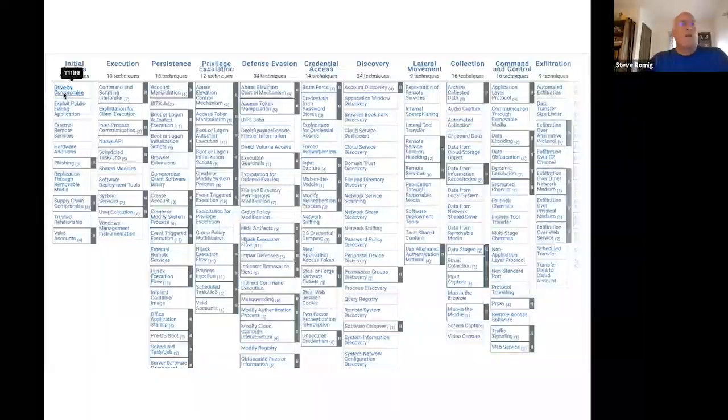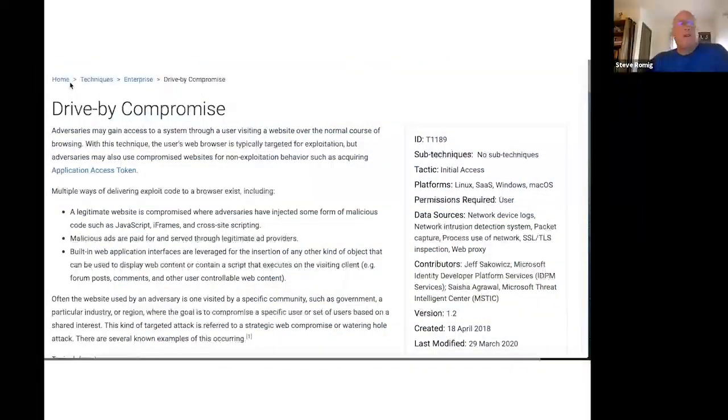If you click on a technique, you'll see details about that technique, which includes a general description of the technique. Over on the right, you see a box that includes a little more high-level overview information, which includes things like what platform this technique applies to, and whether there are sub-techniques for this technique. That's one thing I hadn't mentioned yet, is that techniques can have sub-techniques, which makes things a little